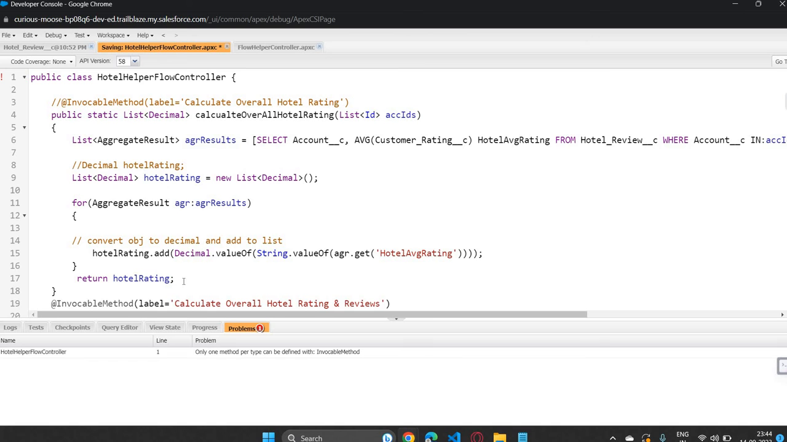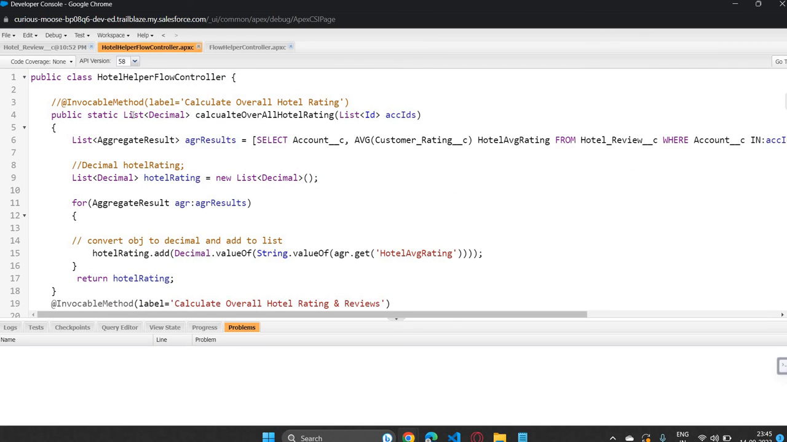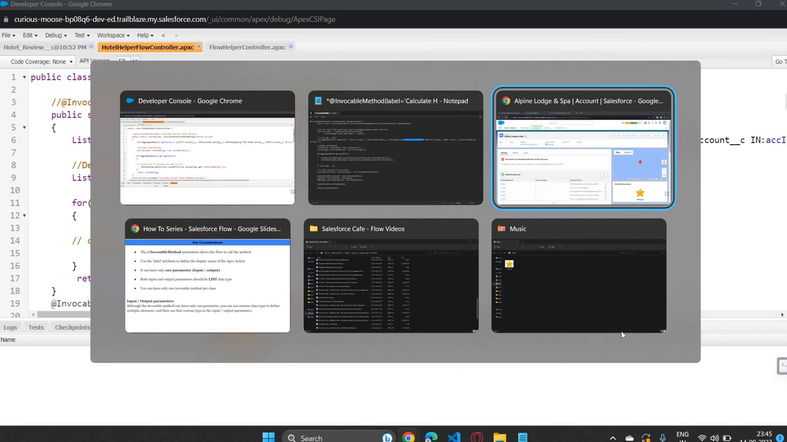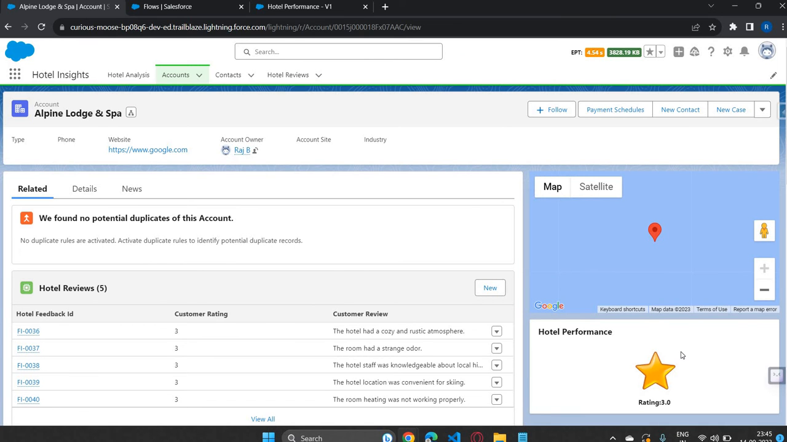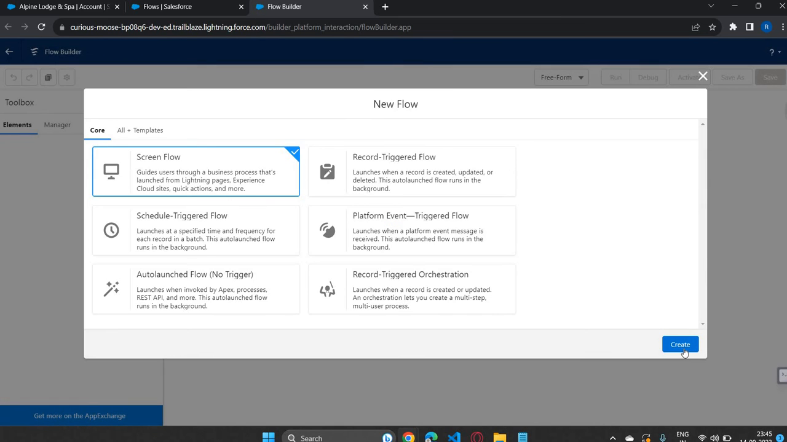So I'll just comment the first one which we used for the earlier video. So now this is the only invocable method in this class, right? I'll just save this one. What I'm going to do is I'm just going to go back to the flow. Okay, let me enhance this. Okay, let me just create a new one. So I'll go to flow, new flow. Let's create a new one, screen flow,